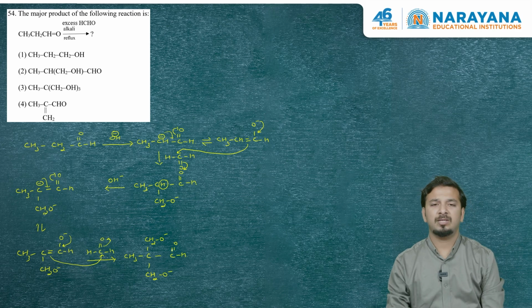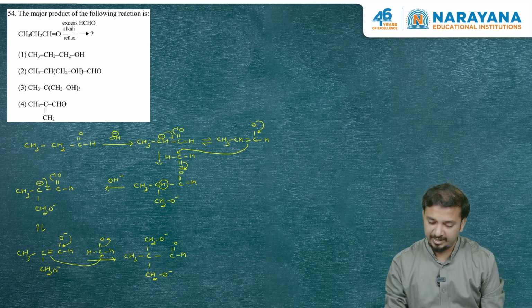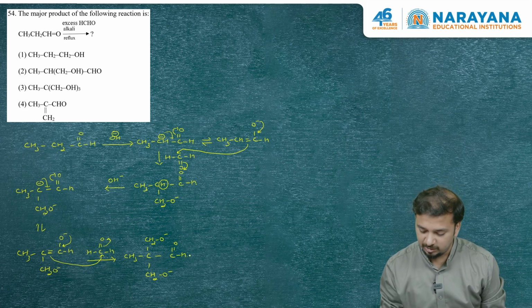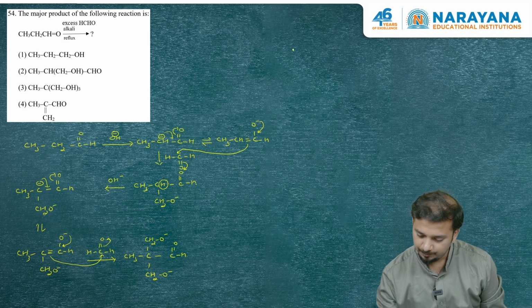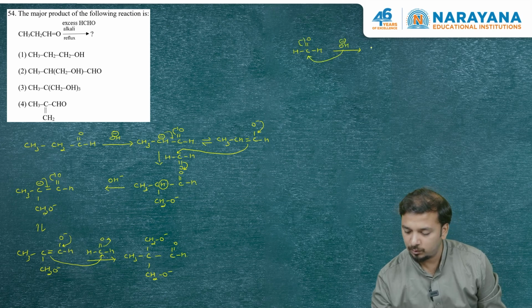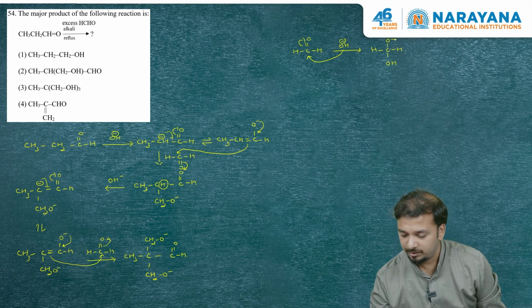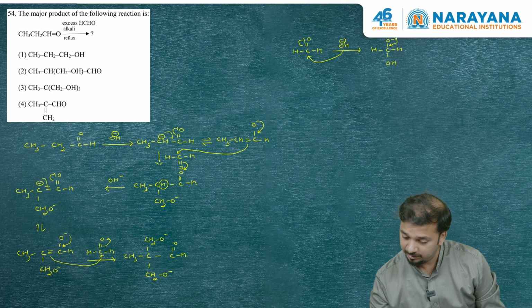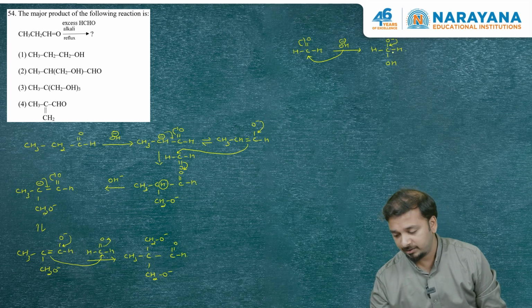Now there is no acidic hydrogen, but HCHO is in excess. So now Cannizzaro reaction will take place. So if I am having HCHO in presence of a base, what will happen? Pi electron will go to oxygen. So it will be converted to HCO negative, OH and H. Then this O minus will come back, and this H minus will go out and it will